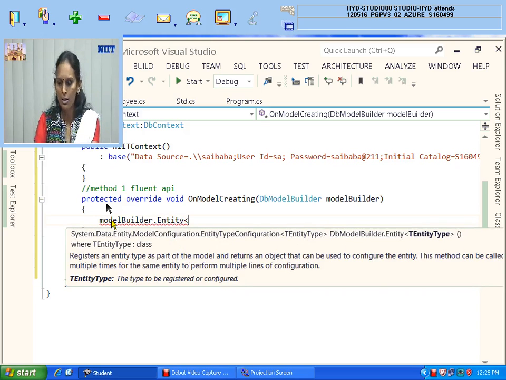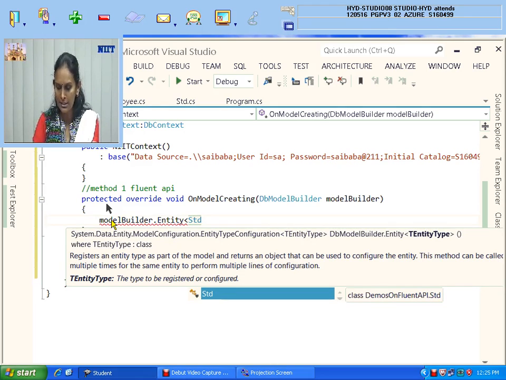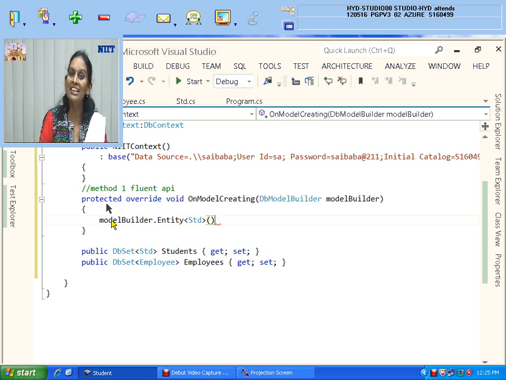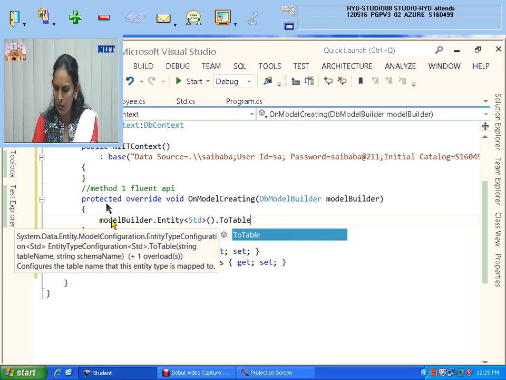Generally table. So, you have STD, right? That name you give, STD dot ToTable. See, the brackets open close as a method. Entity is a method. What does this represent? I want to change my STD. The model class name is STD, but my table name should not be STDs or student. It should be student details. So how do you need to tell? Dot ToTable, that's it. And in the brackets, what is the name?